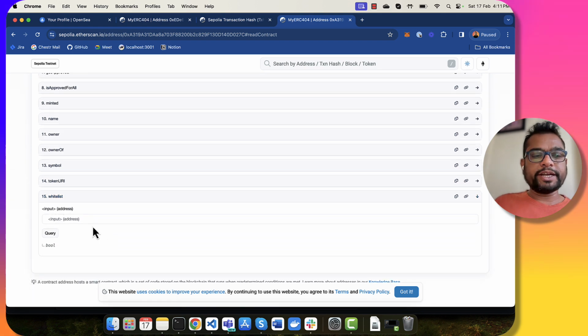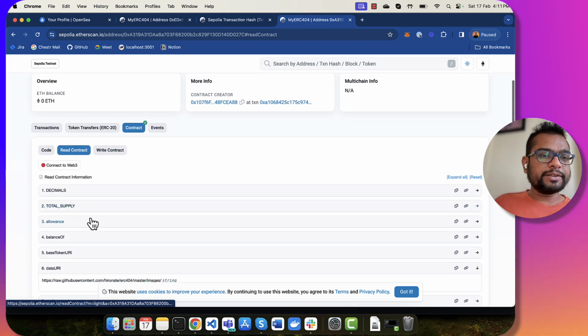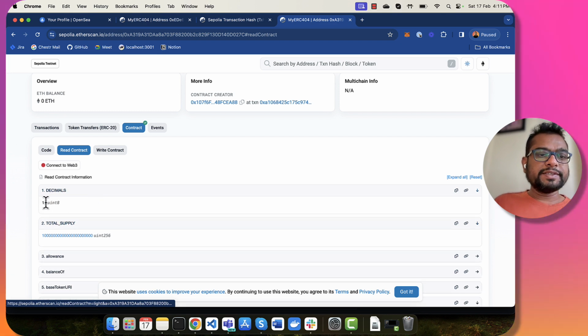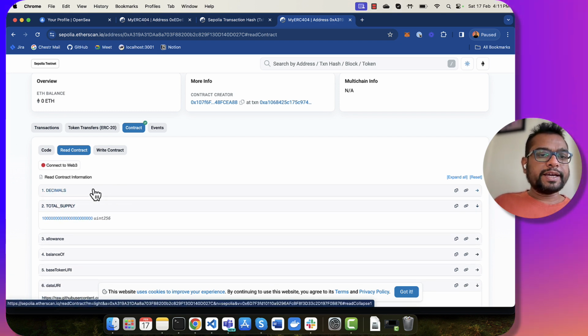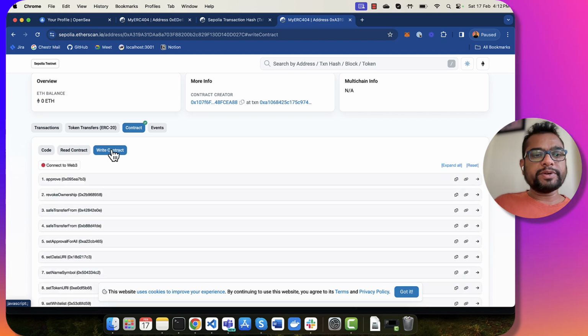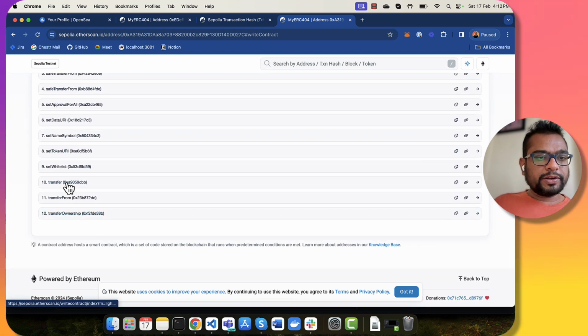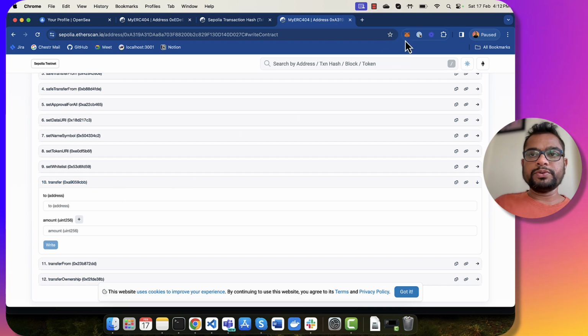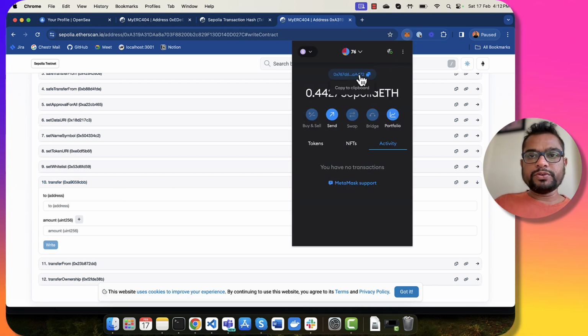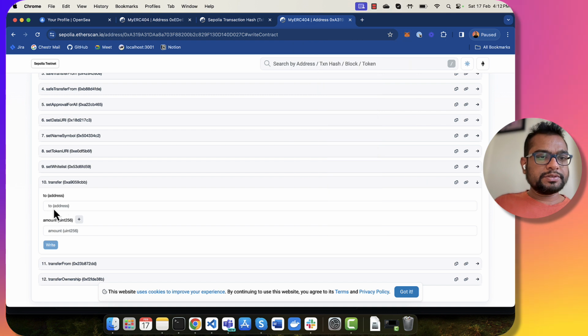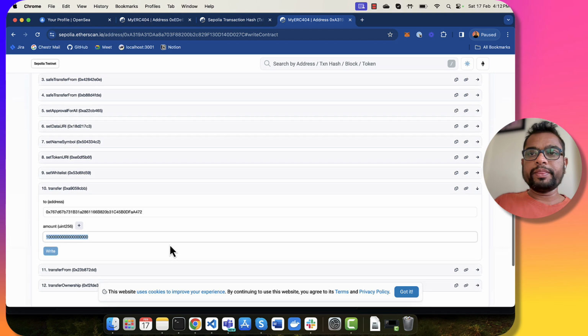If I want to check that my address is whitelisted or not, I can call that method. I can see total supply. I can see how many decimals are there for the ERC20 token. And now I will be calling the transfer function. So let me send this token to this address, and I need to write 18 decimals. I want to just transfer one token, so I added 18 decimals after one, and